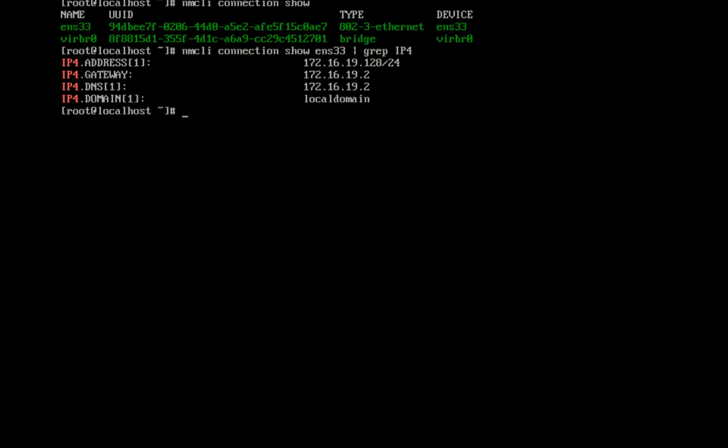In my environment, I can use anything up to 128, but I'm going to configure my IP address as 172.16.19.5. That's the one I'm going to use for the IPA server. And server 1 and server 2 would pick two different IP addresses. So nmcli connection show